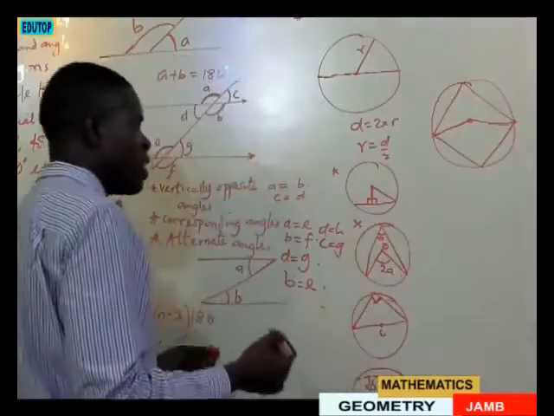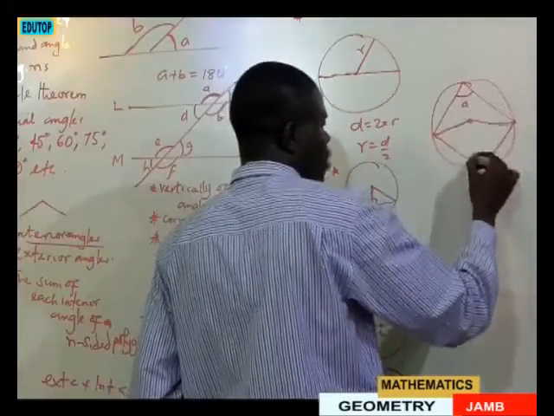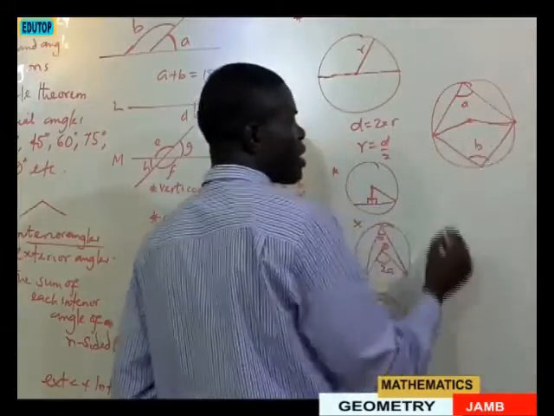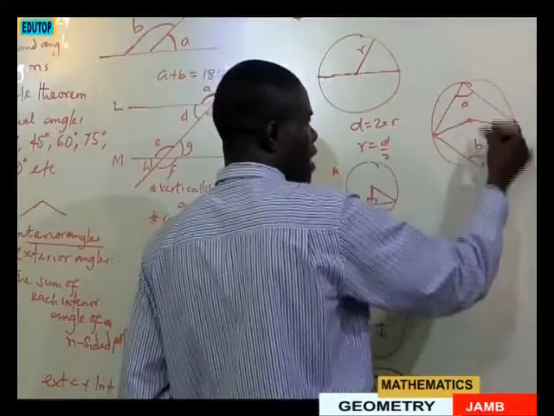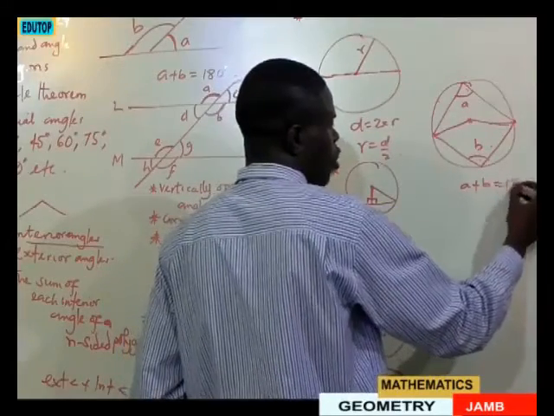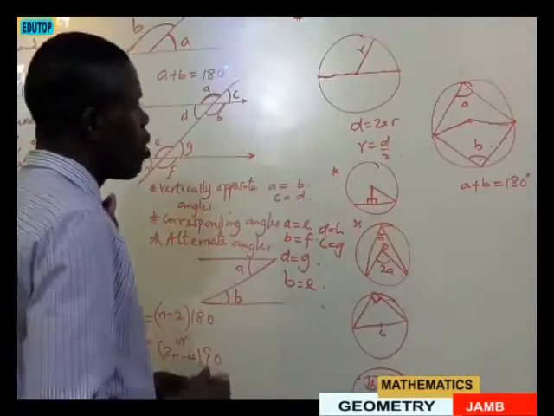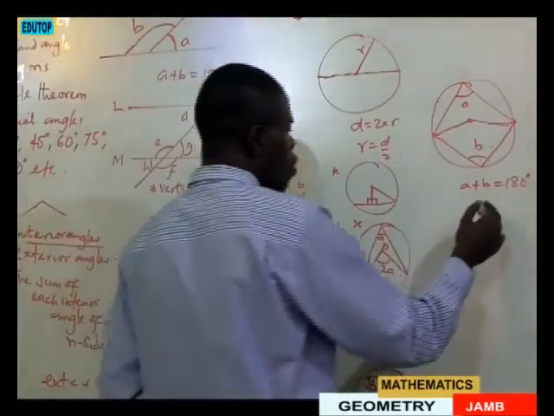And the theorem is saying that the opposite angles of a cyclic quadrilateral are supplementary. So what it means is that for opposite angles of a cyclic quadrilateral, A plus B must be equal to 180 degrees. Also, we have the angle which a